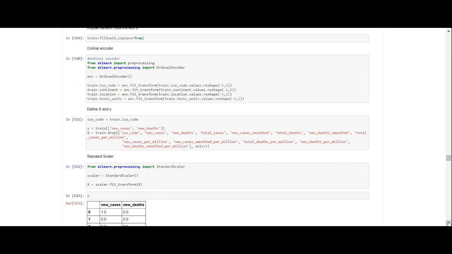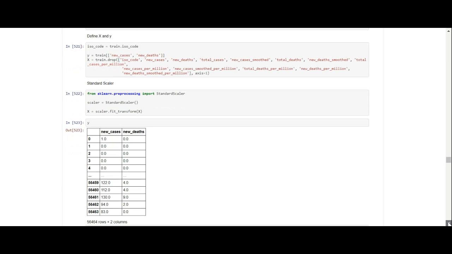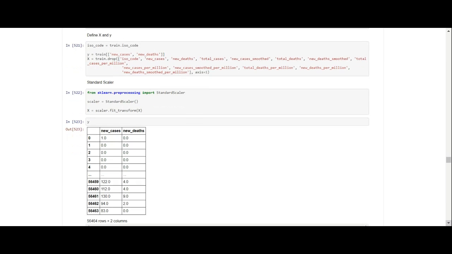And now we want to ordinal encode this data set, so we put the data set on an ordinal encoder. After that, we want to define X and Y. Y is going to be a multi-output target of new cases and new deaths. And X is going to be the train file, but with a lot of columns removed.